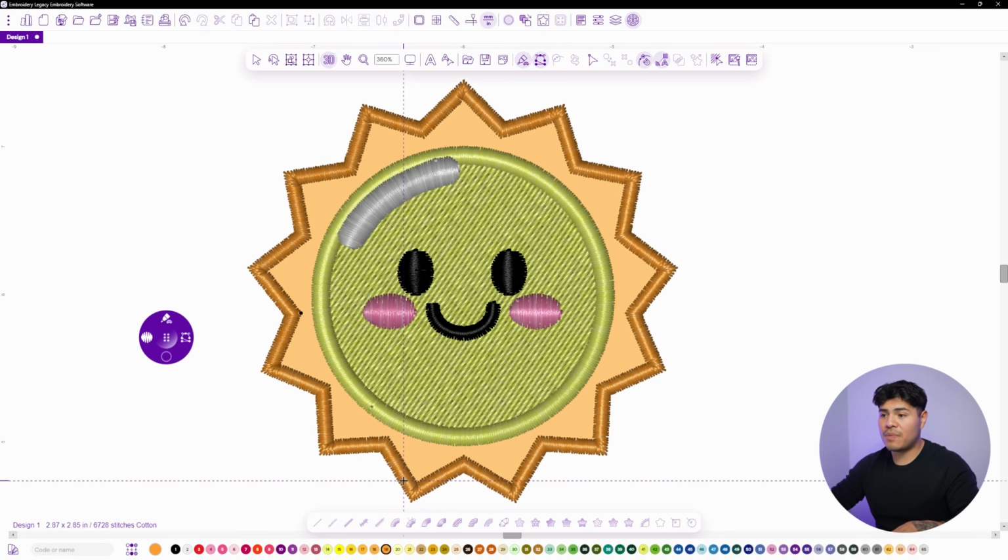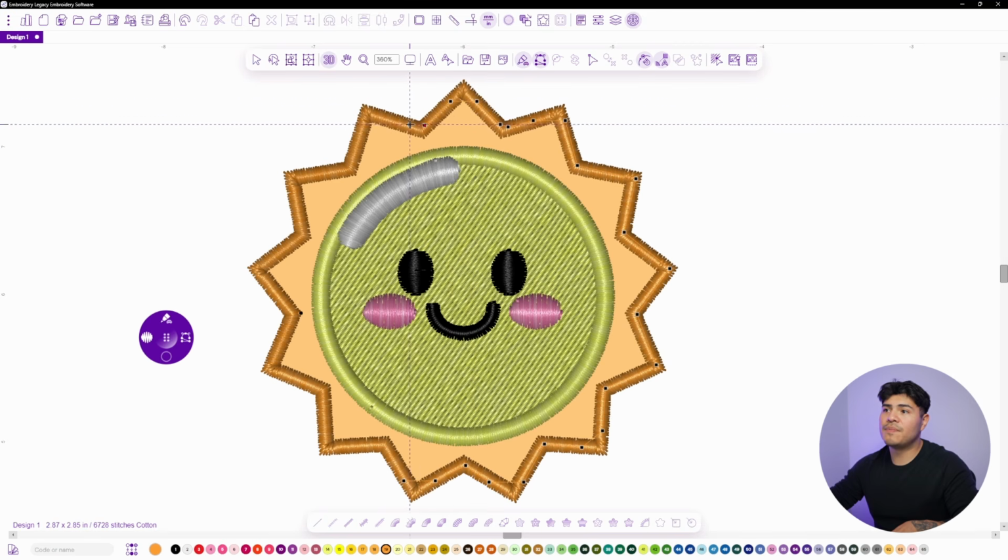Here, I'm going to make sure that I am accounting for my push, and then I have my pull, and we're gonna add more push and then pull compensation. Again, this is just all practice and going back to theory on digitizing. So I'm constantly trying to think about, oh, where could my stitches pull? Where could my stitches push? And then just trying to compensate for both. And going all the way up here, push,